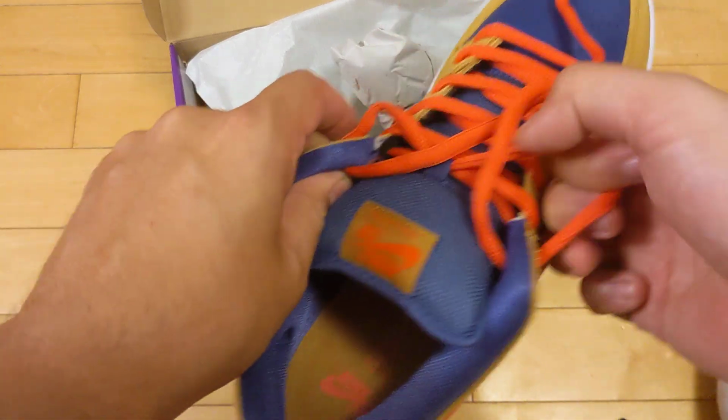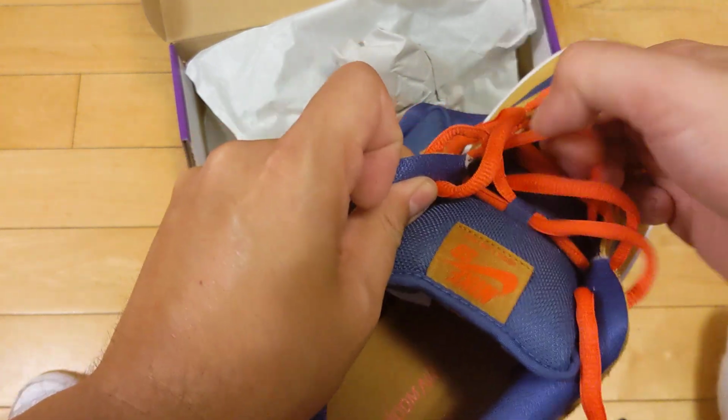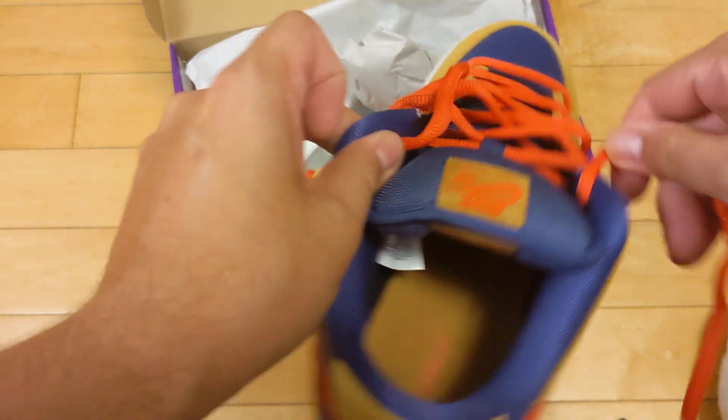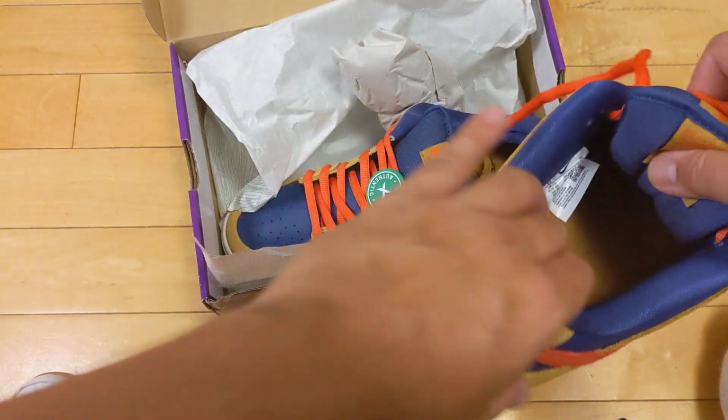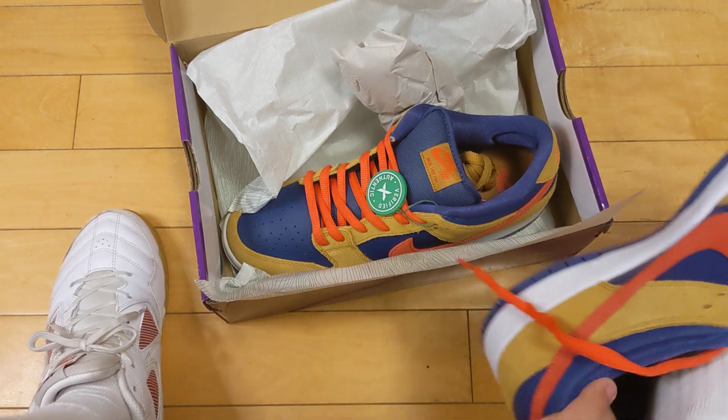I kind of find it curious. No one really called these out as being skated at the Olympics. If I were Complex or some of these other sneaker blogs and Instagrams, I would have been all over posting about that. Like, so and so wore SB dunks. I mean, these are so